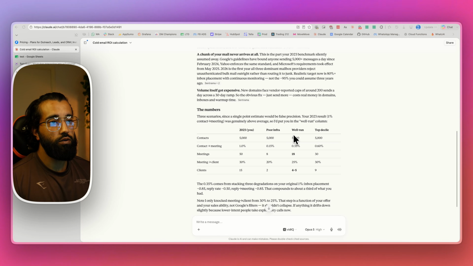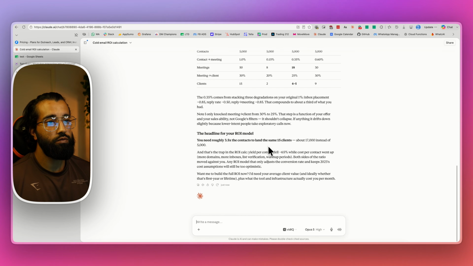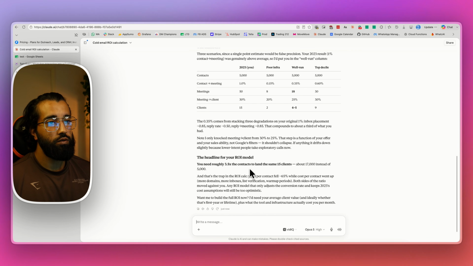All right, so it's basically cutting it to a third. So let's assume this, right? Let's see, which one is it using? All right, forget